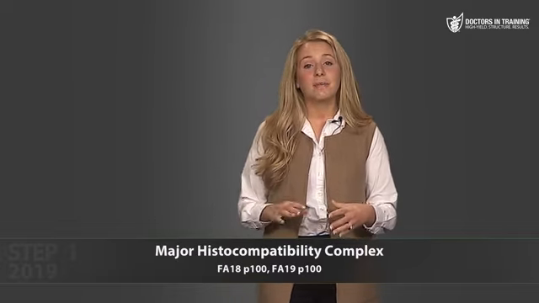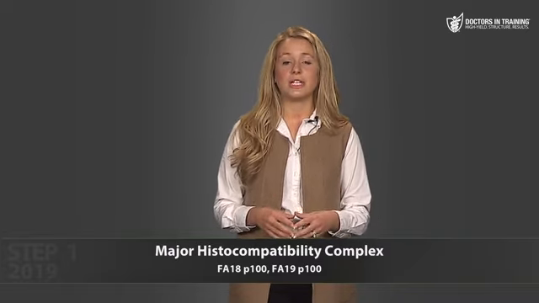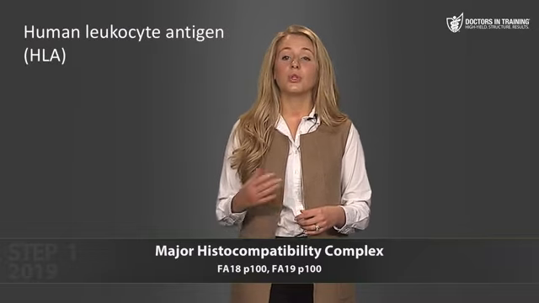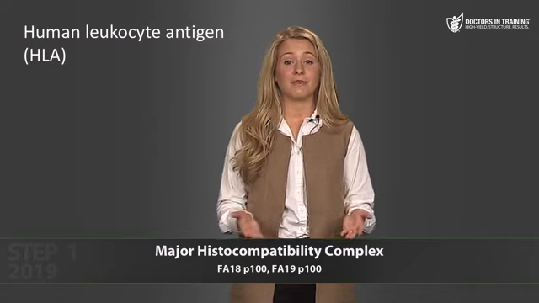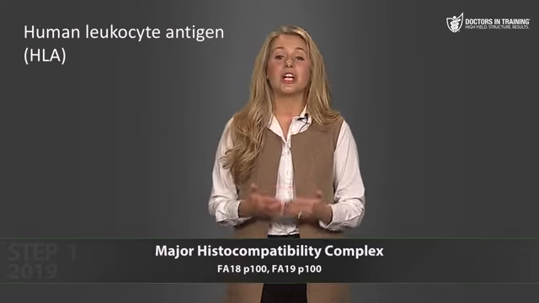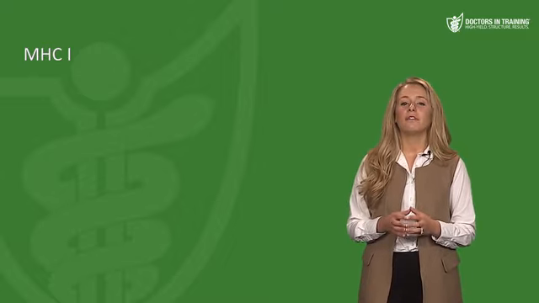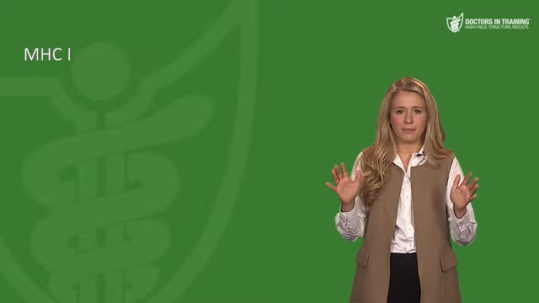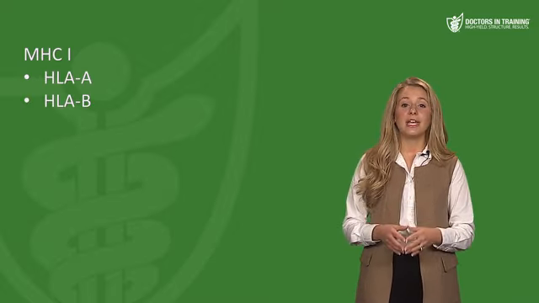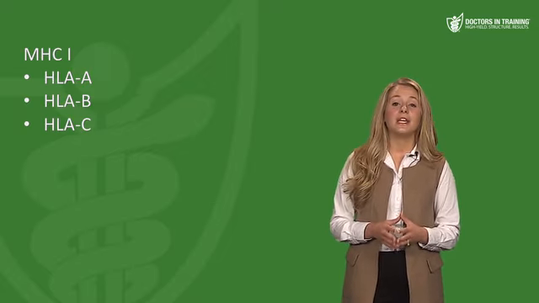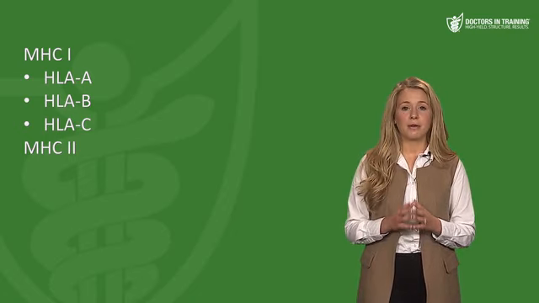Now let's dig into some genetics of the major histocompatibility complex. Like all proteins, MHCs are derived from very specific genes. The genes that code for MHCs are called HLA genes, human leukocyte antigen genes. And just like your MHC1 molecules are unique to you and different from my MHC1 molecules, your HLA genes are different from mine. Again, MHC1 molecules are found on virtually every nucleated cell in your body, and they are coded by 3 genes: HLA-A, HLA-B, and HLA-C. And then HLA-D codes for MHC2. But we have to break them down into 3 subgroups: